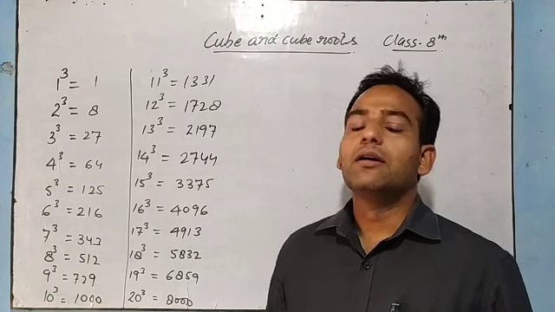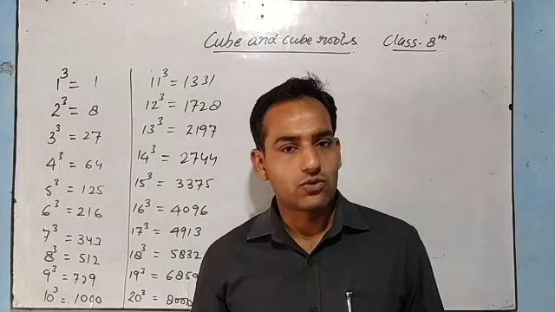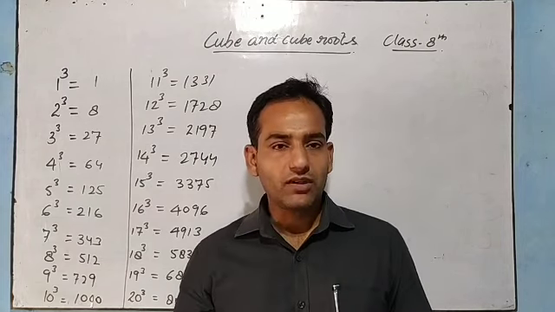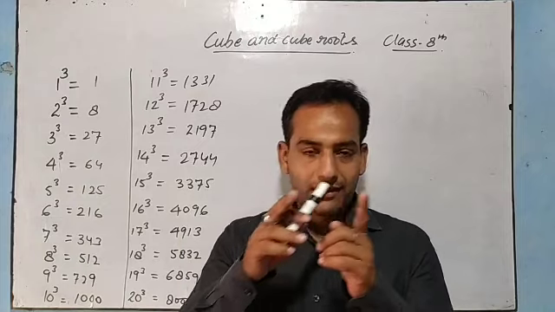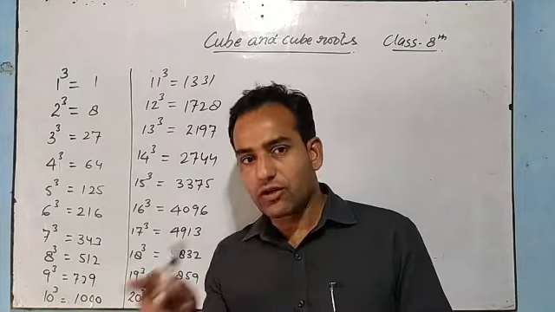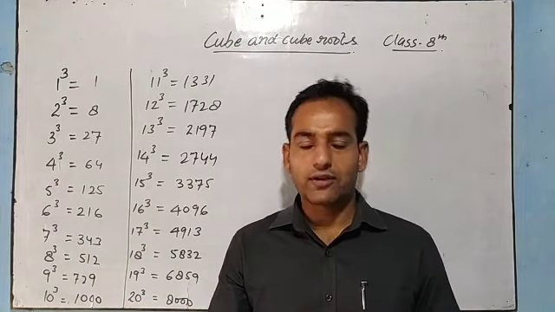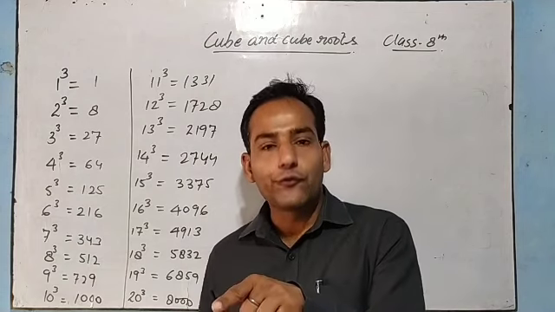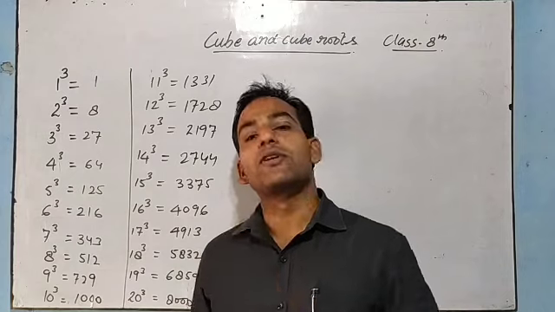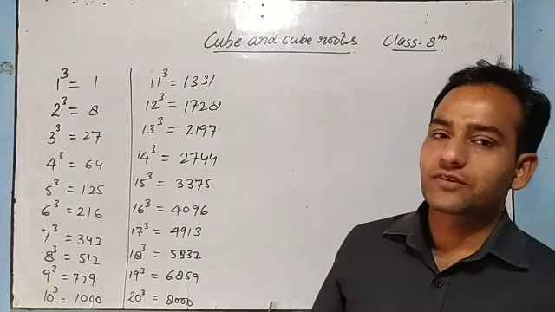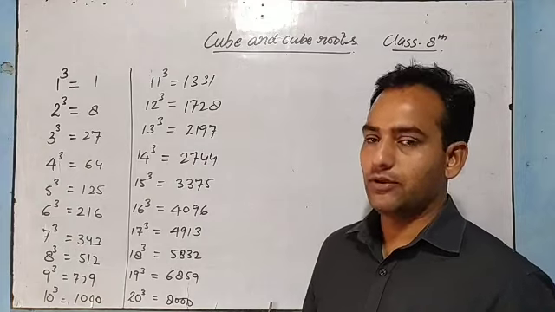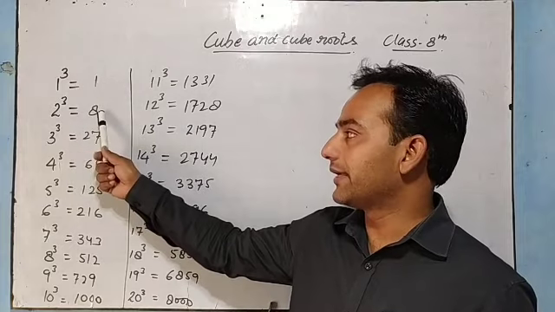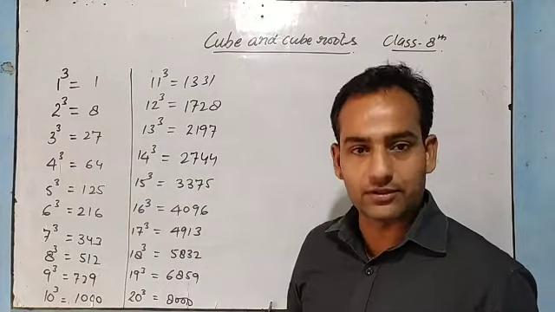So once again, the way I told you in square and square roots, while doing the square of any number, we were getting some sequence. Like if we were doing the square of 1, we were getting 1. If we are doing the square of 11, we were getting the unit digit 1, 121. Again, the square of 31, the unit digit 1. The square of 2, we were getting 4 as the unit digit. Square of 12, once again the unit digit was 4. Just like square of the number, we have something for the cubes of the number also. Listen, 1 cube 1, 2 cube 8, 3 cube 27, something like that I have written, up to 20.